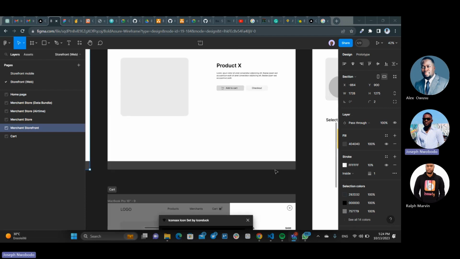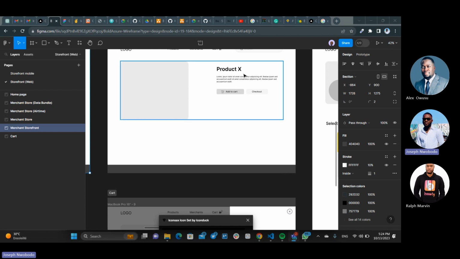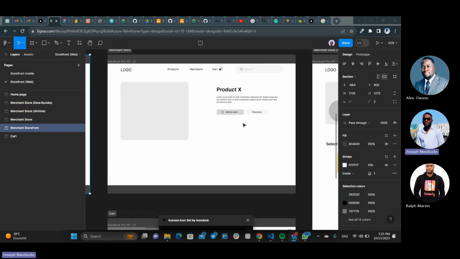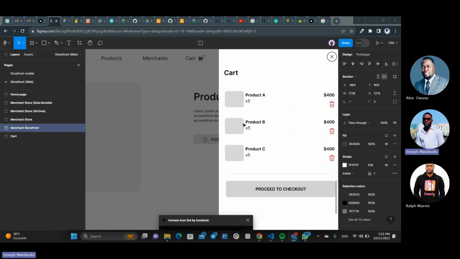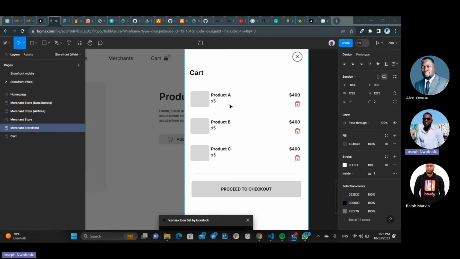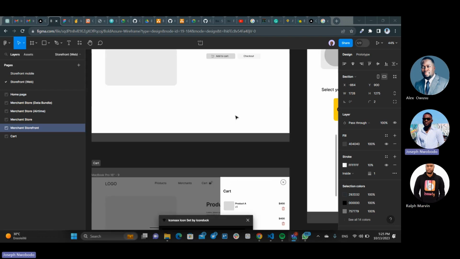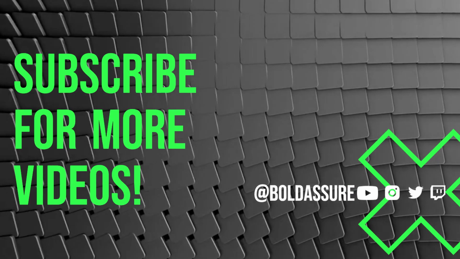I also want to ask, Ralph, you said I should give the user the ability to select how many of this product he wants from here. I was just thinking maybe I should add that to the cart, and he can do that right in the cart. Or what do you think? Oh, okay, that works as well. Does that sound good? Yes. So once he adds it here, he can now go into